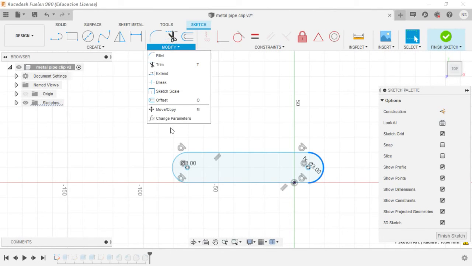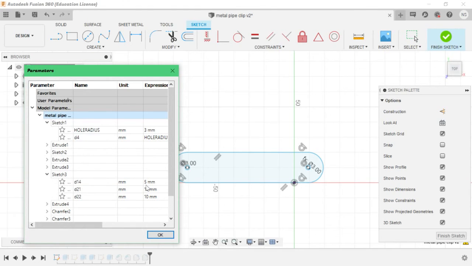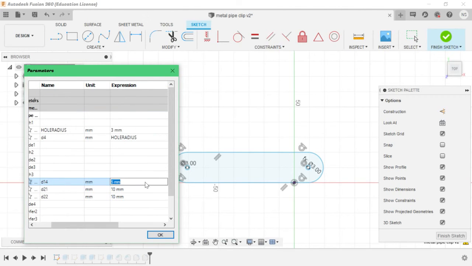Okay, no problem. Change the parameters. I don't know what is 5 we have given. Let's change it to 10. What it will come. Nothing is changed. So leave it as 5. Okay, done. So D24 is 10 mm. The 10 mm is the radius.